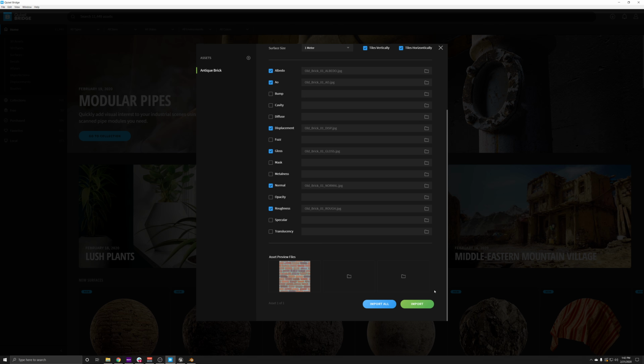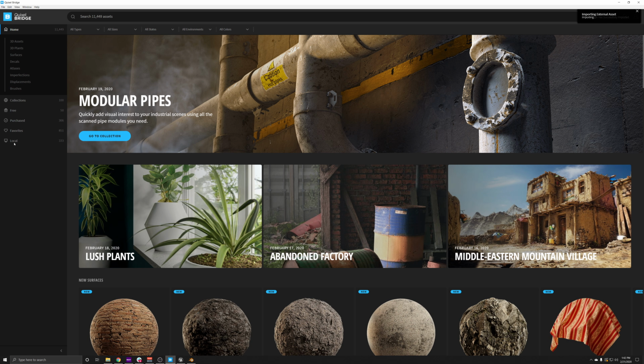So now all we have to do is select import, but you notice there's an import all. You can actually import more than one asset at a time, and that's if you're really intense and you want to import dozens at a time. But for me, I'm just going to import this one. So we'll select import. You can see in the top right, it is running through the process of importing this asset. And then once it's done, we'll be able to see this custom asset in our local library. So it is still importing because it is some pretty big images. And it looks like it has completed.